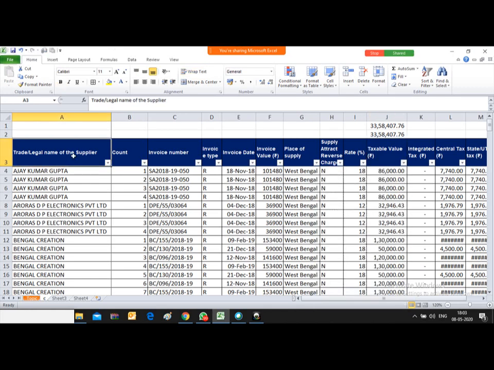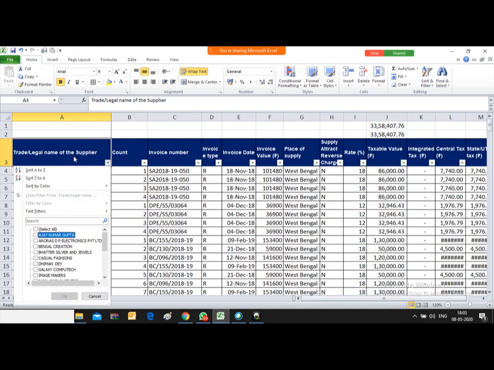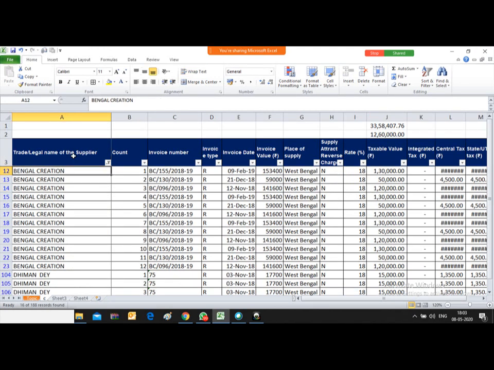Okay. Now suppose I have filtered Bengal creation and Demon Day. If I select these two parties, you see friends that the summation, the first formula, is still showing the entire value of the column.